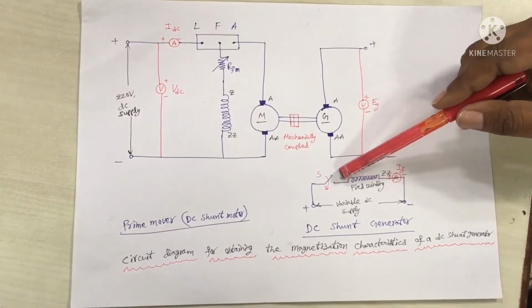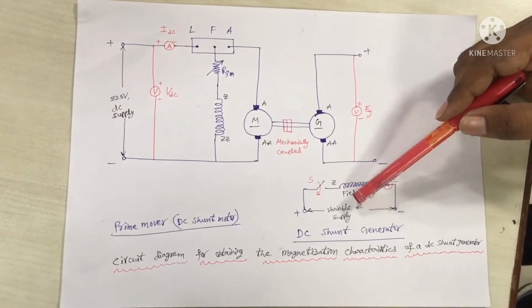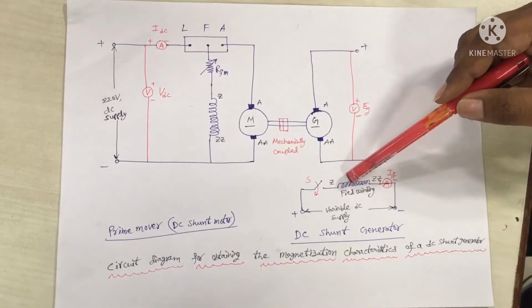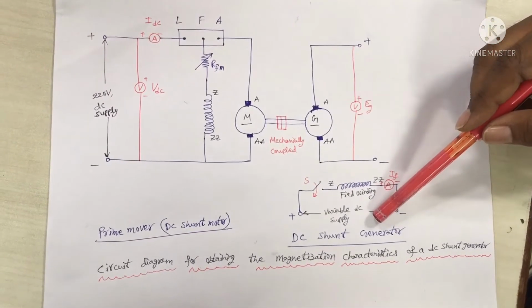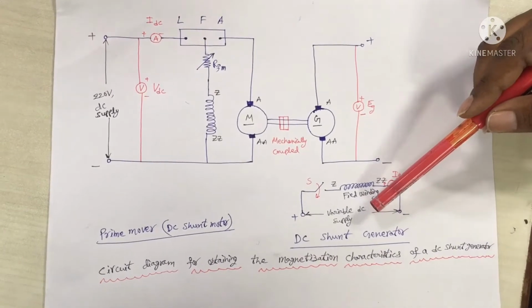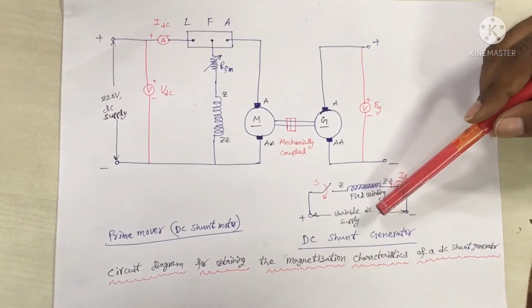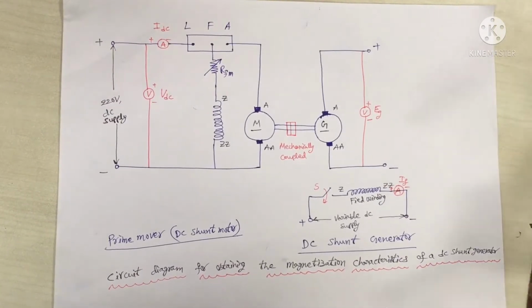Then switch on the supply to the single phase variac and close the switch S, and then vary the single phase auto transformer output such that the current through the field winding will be varied in steps of 0.05 amperes. At each step